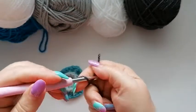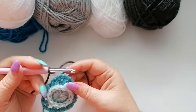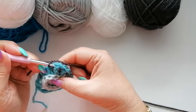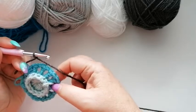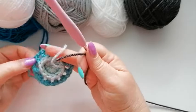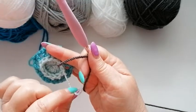We're going to again join with a slip stitch onto the hook. We're going to work a front post double around the back post double that we worked on the last row, so you can start in any stitch, and as always I like to start mine away from where I worked starting on the previous row, just so that we've not got a lot of these ends all in the same